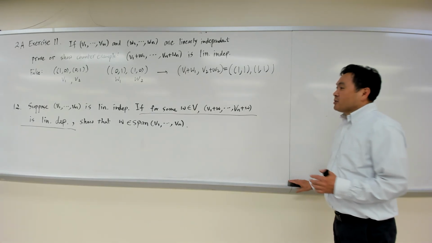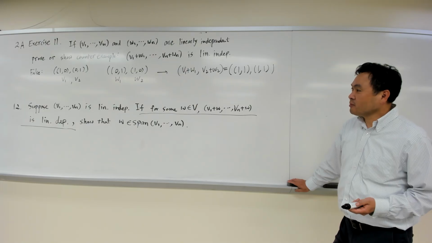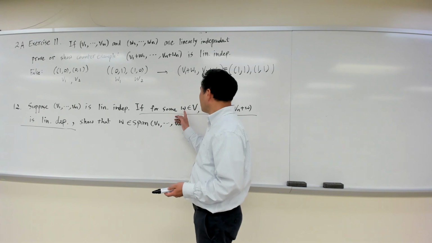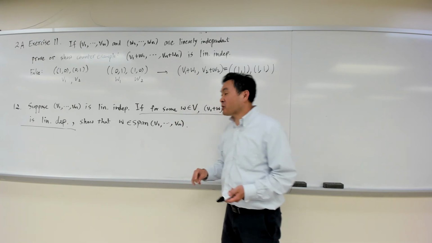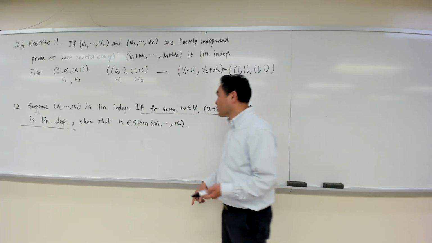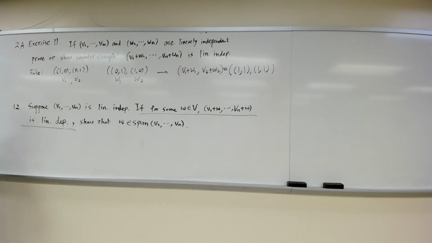Okay, all right, so for this second one, if V1 through Vn is linearly independent, and there's some vector W where if you add it to each of them, somehow this becomes linearly dependent, show that W is in the span of V1 through Vn. Okay. All right. So at first, this sounds pretty hard,